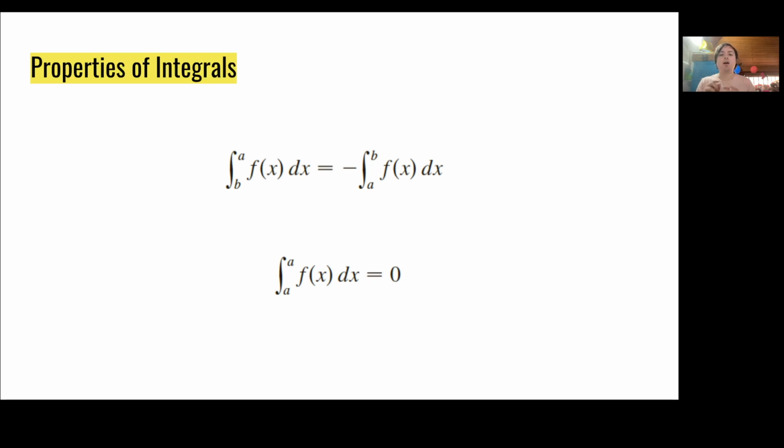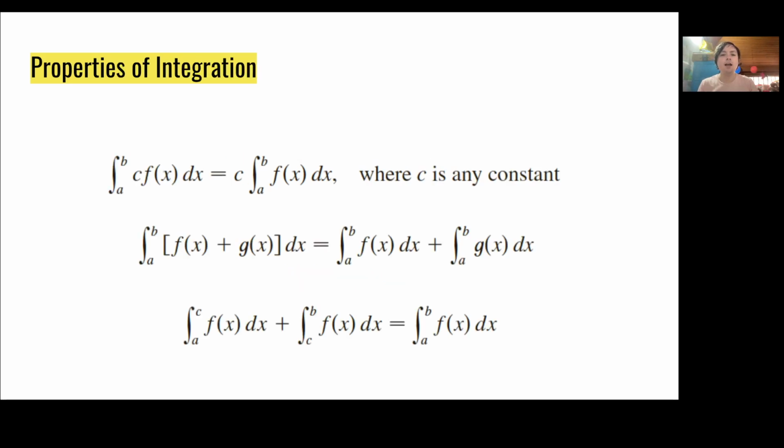So if you go from x equals a up to x equals a, that would mean your width actually has 0 width. And so if you find the area of a box with 0 width, it doesn't matter what your height is, because the area equals height times width. And so width is 0. So anything that you have for height would give you 0. Okay, cool. So now the next one,